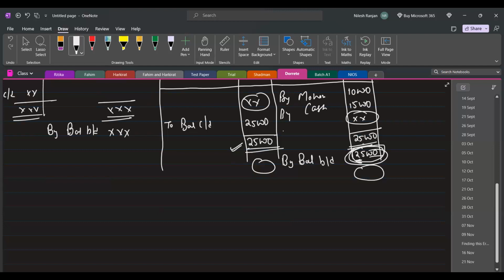So we never cut or rewrite anything in our account. So to rectify the error, what will we do? If we have to write anything on the credit side, then after totaling, after getting the balance in the next period, we will write this item. That's how we correct our errors. So this is your one-sided error, and we have completed